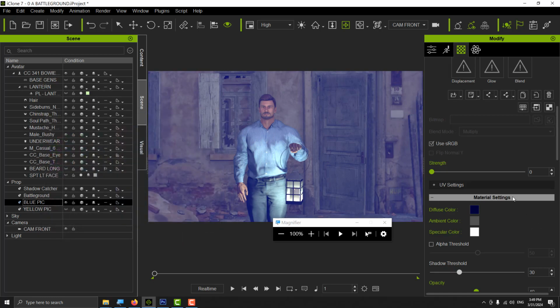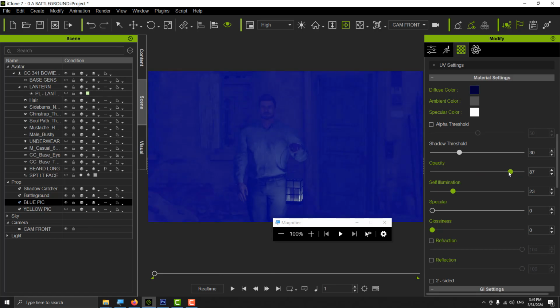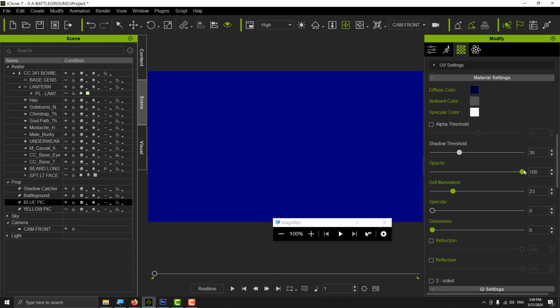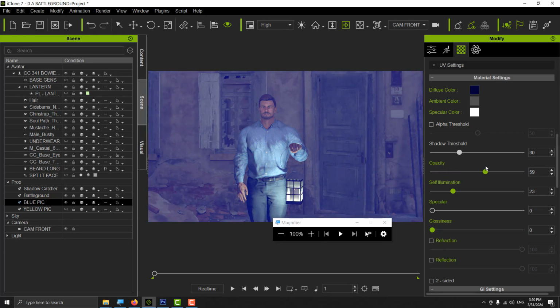Okay, so I'm gonna leave it there, and then we have the opacity map. The opacity. We can move the opacity up. If we move it up, you see it's getting darker and darker, and eventually it's a solid color, so you won't be able to see past through the pic. Okay, that's right in front of you. But if you move it down, then that's another way to manipulate the environment,